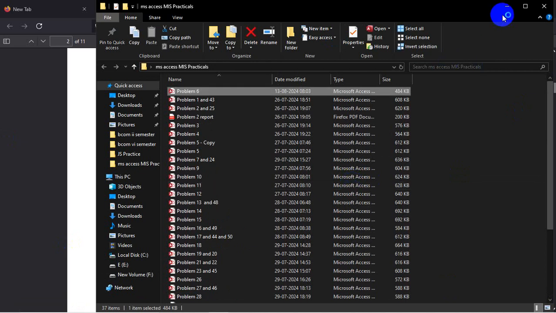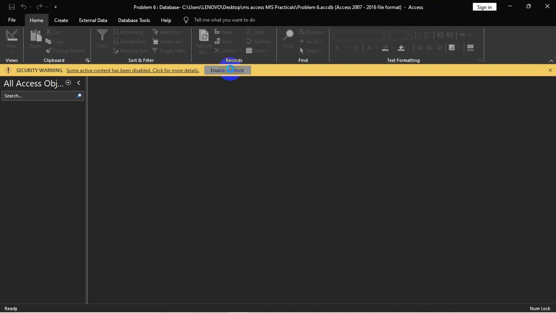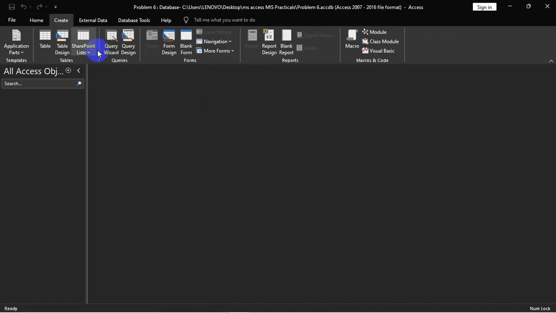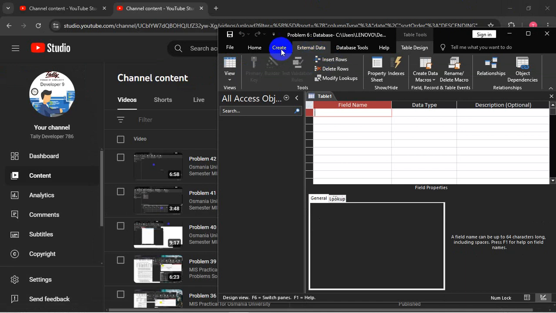Open. Enable the content, go to create, select query table design, select table design.